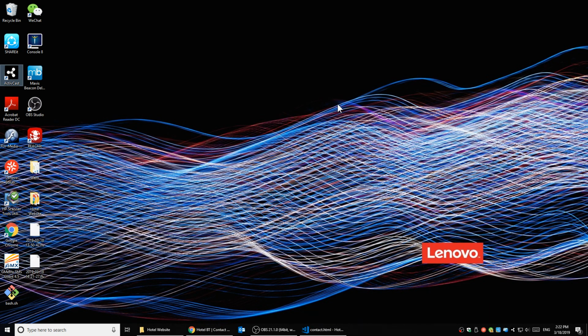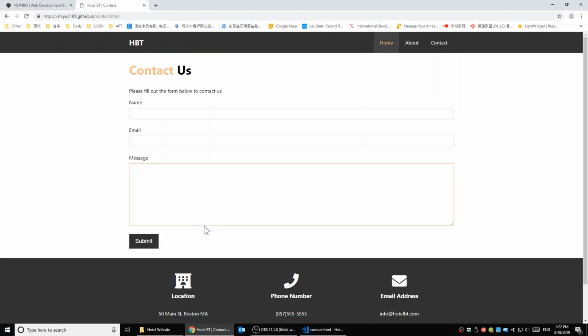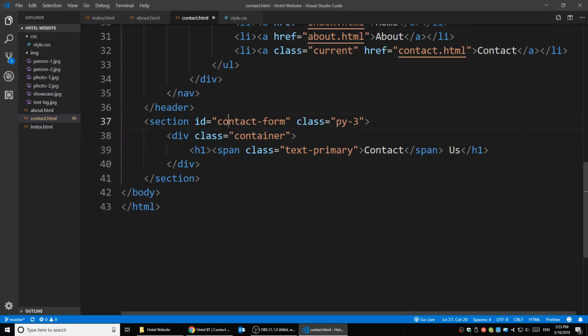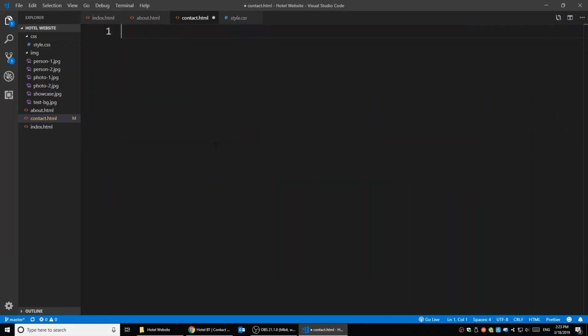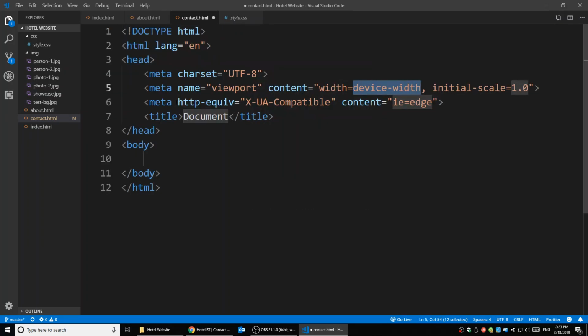We should be seeing the screen on the TV right now, so I'm going to start doing the contact page. Right, we're going to first start, again, let's erase everything. So we're going to start by creating the template for it. Right, this is the contact page. Start with a template. And the first thing we need to do is copy the links and the meta information we